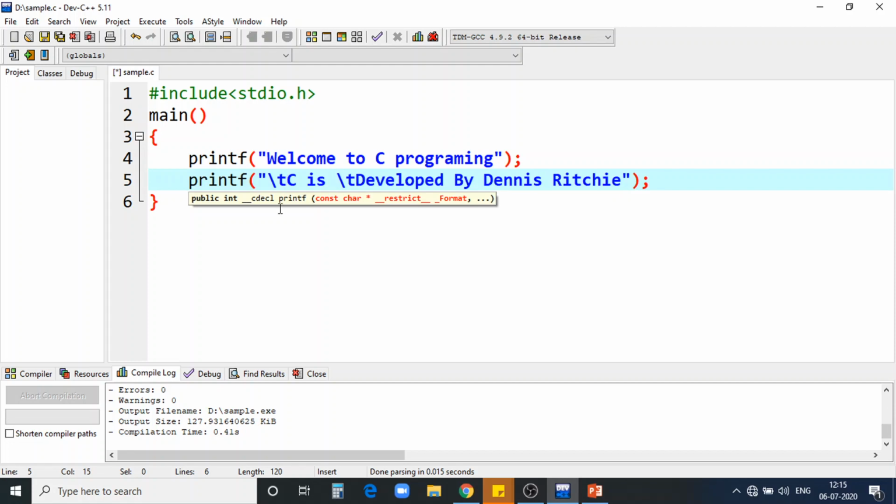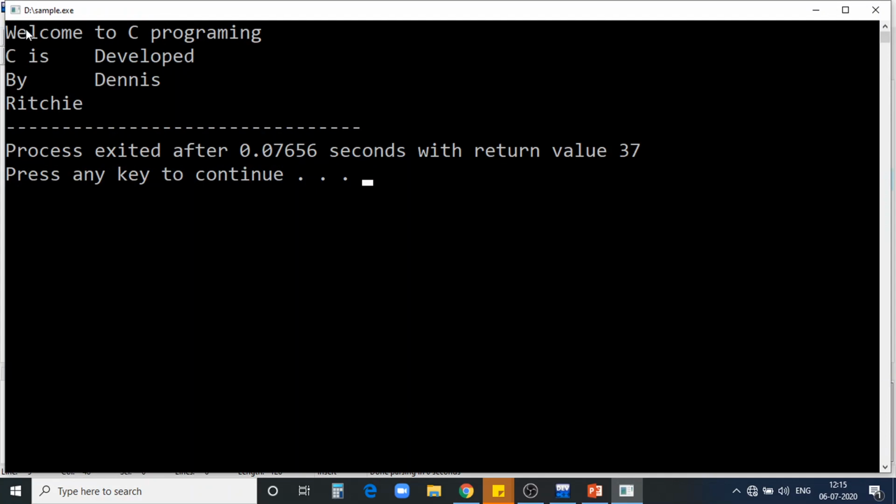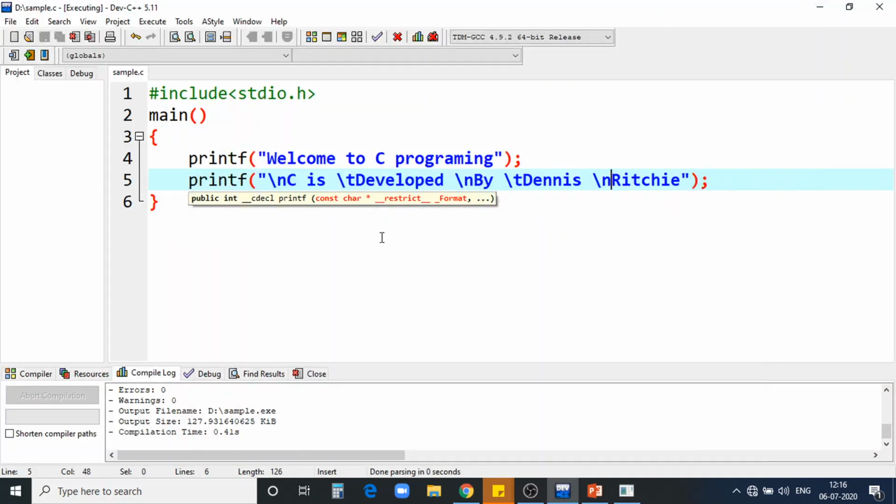See here. So before printing each and every line, every word, I want to go with the tab space. It's your wish. Wherever you want to use new line \n or \t, you can decide. So wherever I have used \n, it is placing the cursor to the next line. If I use \t, see, it is taking tab space. So based on your user requirement, you can display the output.